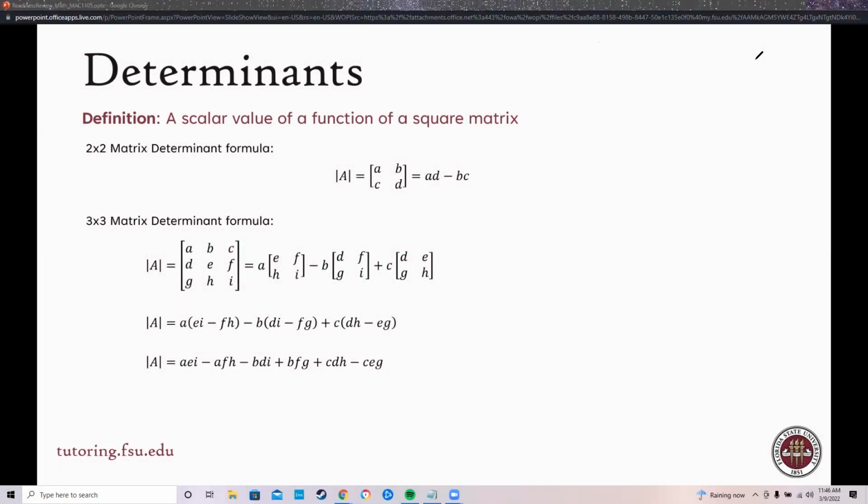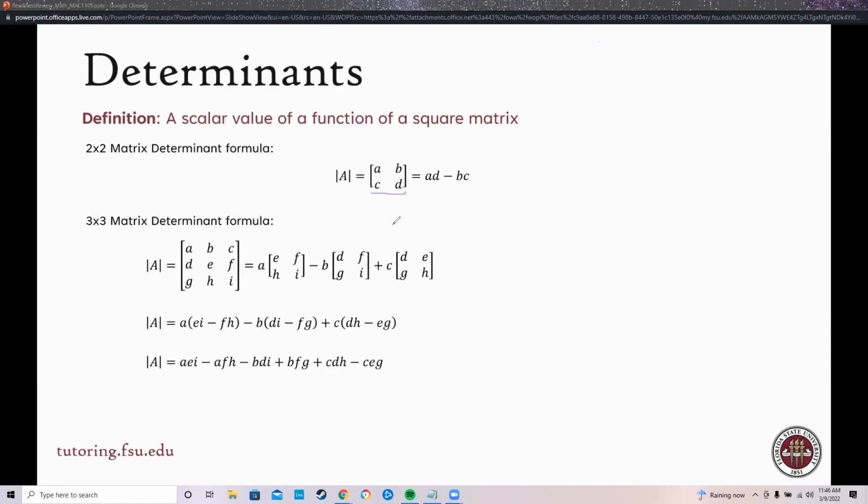In this video, we're going to talk about determinants, what they are and how to solve them. A determinant is when you take the scalar value function of any square matrix. A square matrix is a matrix that can be defined as an array of columns and